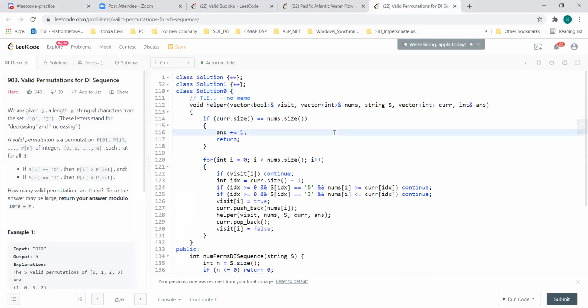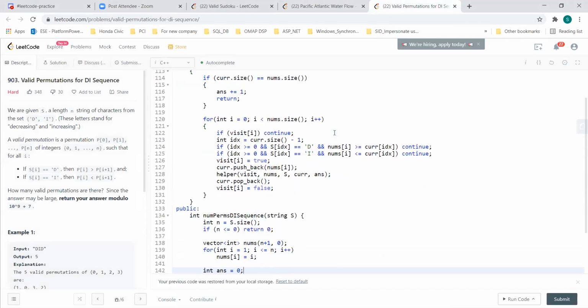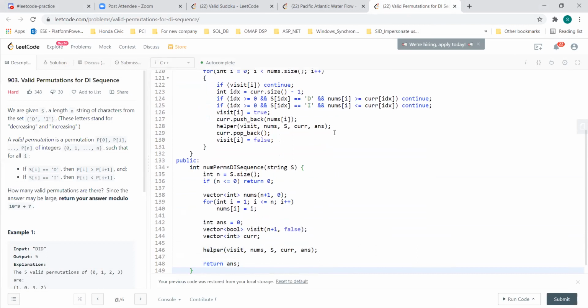Okay, so this is the backtracking one, and this is the normal permutation, what we do always, correct? The only different thing I had to do is, because we have only this S string as an input, and this will be a DID, something like that always, right? If the size of the string is n, I'm literally trying to create a nums array, because that is the way we do for a permutation.